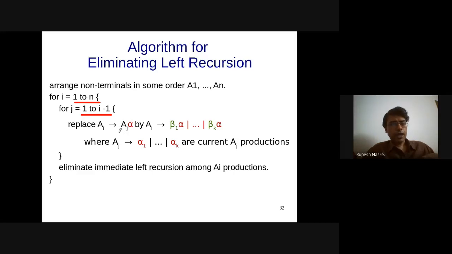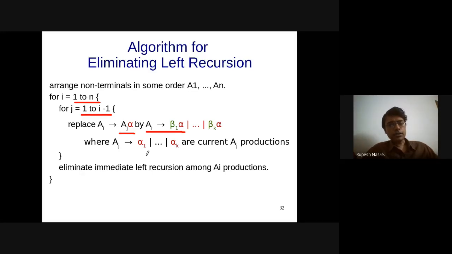So if AI is using a previous AJ, then I am going to replace it with AI derives beta 1 alpha, where it was AJ alpha. I have not mentioned what beta 1 is, but you get it.